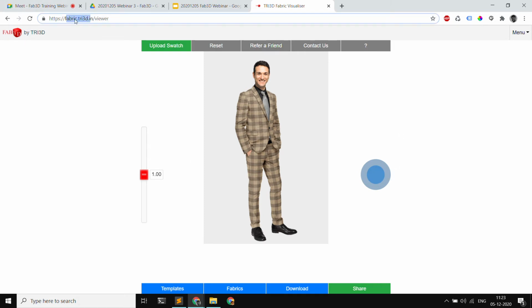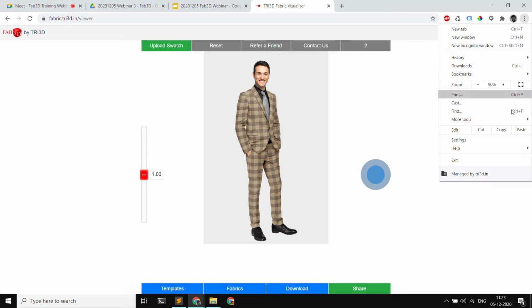There is one feature called add to home screen. I'm showing this on a computer, so it's not available on a computer. But if you are using it on a tablet or a mobile phone, once you open it on the browser of your phone or the tablet, on the right top corner you see 3 dots over here, right? Once you click on that, you will get an option called add to home screen.